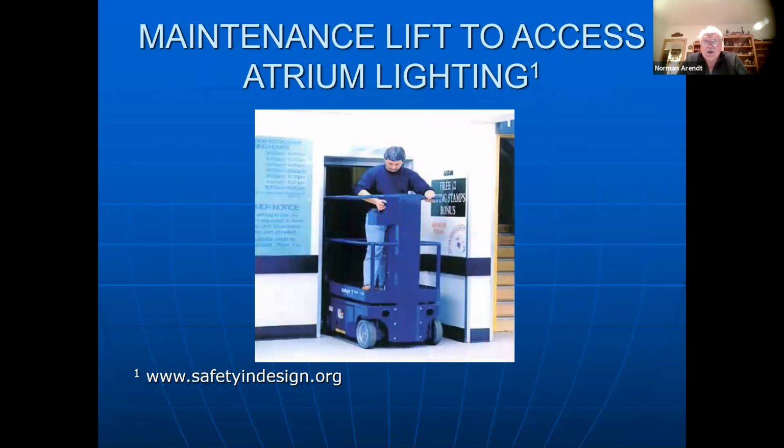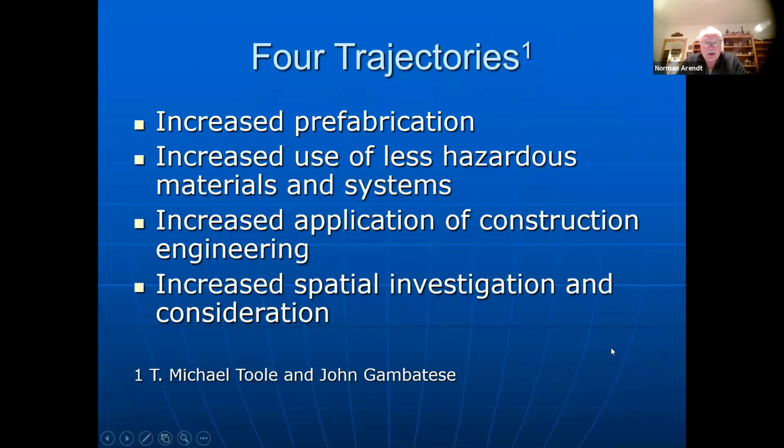If you look at this, maintenance access, whether it's the atrium lightings or wherever, this is the vehicle they generally use as a man lift. Well, look at the doorway he has to get through, where they want to store it. Yeah, if any of you have seen that one joke where a guy is driving down the road and hits his head, that's exactly what would happen here. You make the doorway higher, find out what equipment they're using, and you can design it safer.